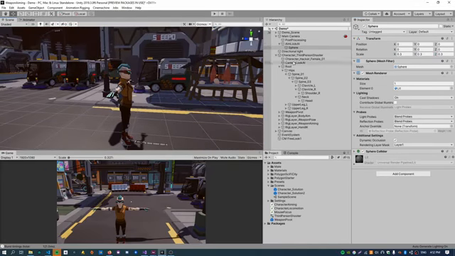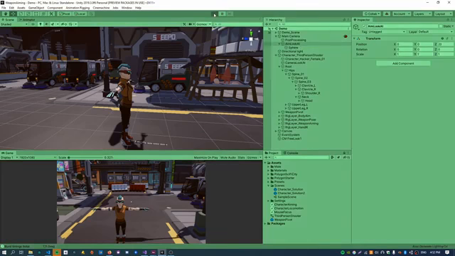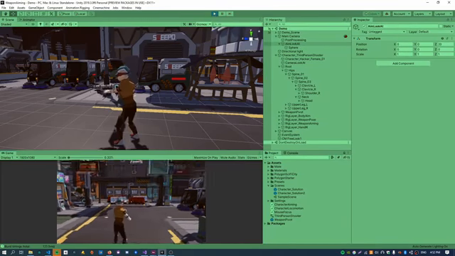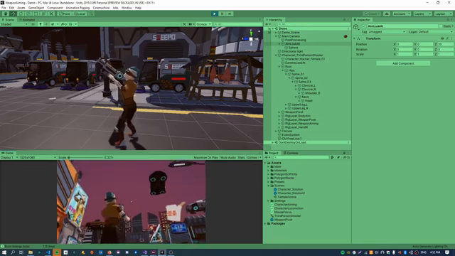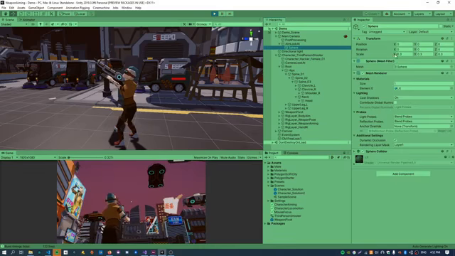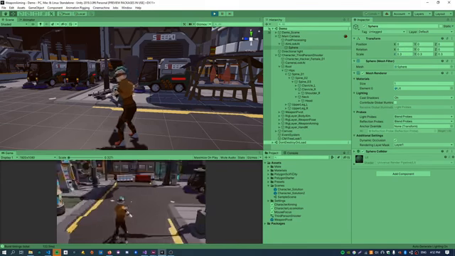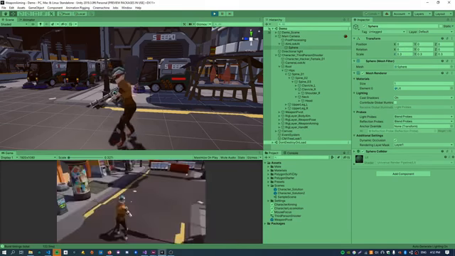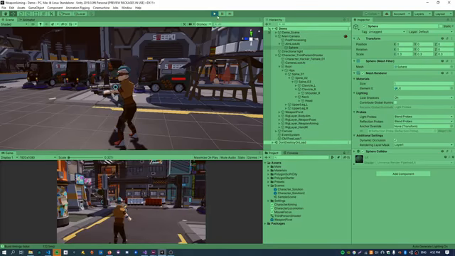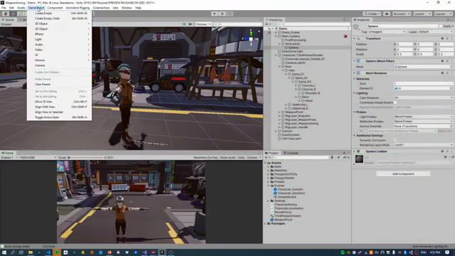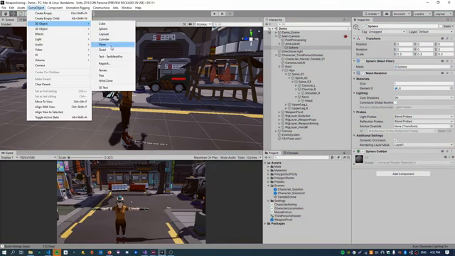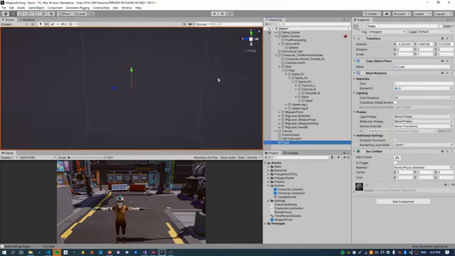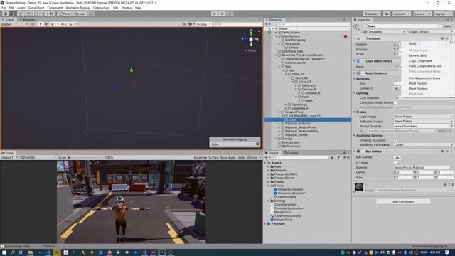Cool. So in the scene, maybe it's a little bit hard to see, but you can see the sphere on the crosshair there. So that's the node that we're looking at in our constraints. So let's just do basically the same for the look at axis. I'm going to do that using a cube, and I'm going to attach the cube to the weapon. And let's just reset the position,